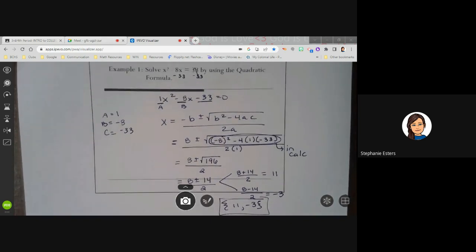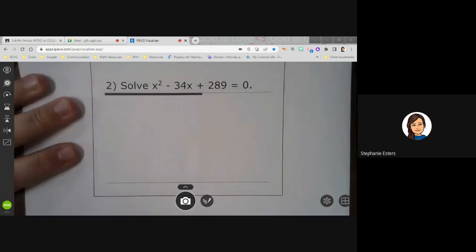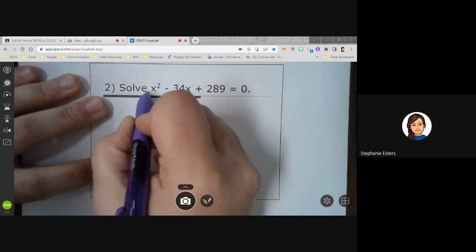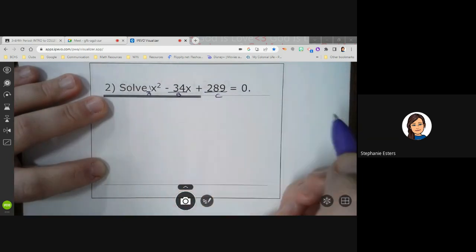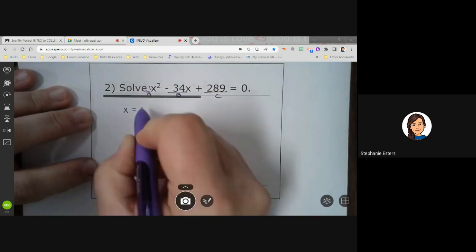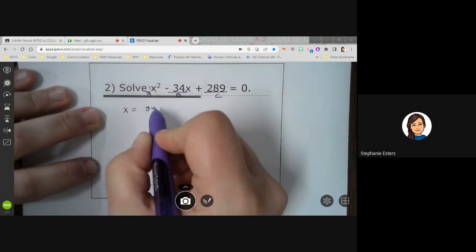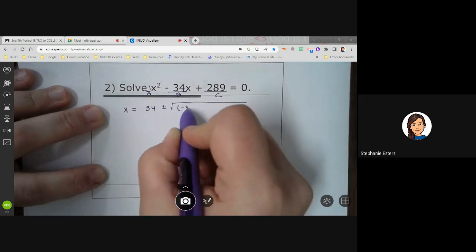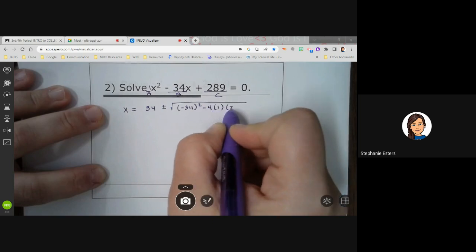Let's look at another one, though, just to be a little more consistent. So this one is already in standard form, which is really nice. I'm ready to identify my variables. A is 1, B is negative 34, and C is 289. So substituting into the quadratic formula, that is negative B, B's already negative, so it becomes positive, plus or minus the square root of B squared minus 4AC